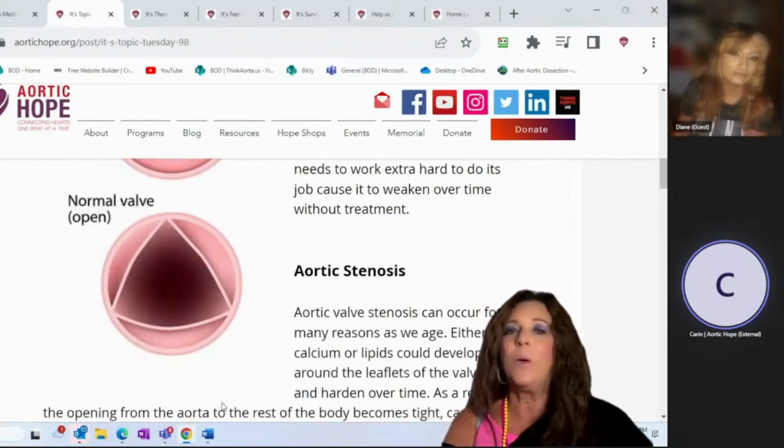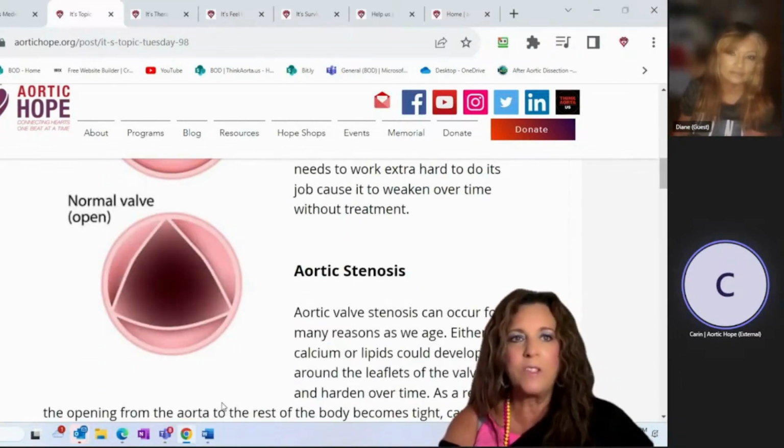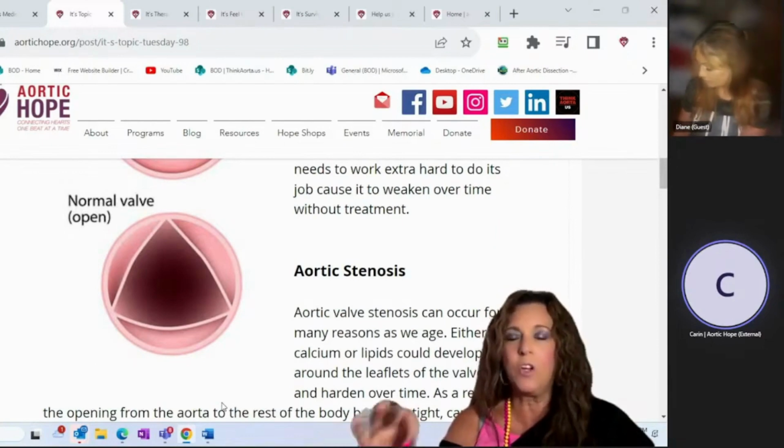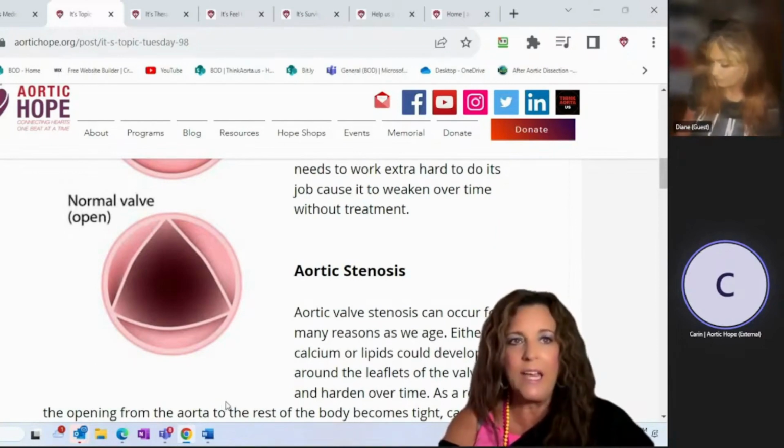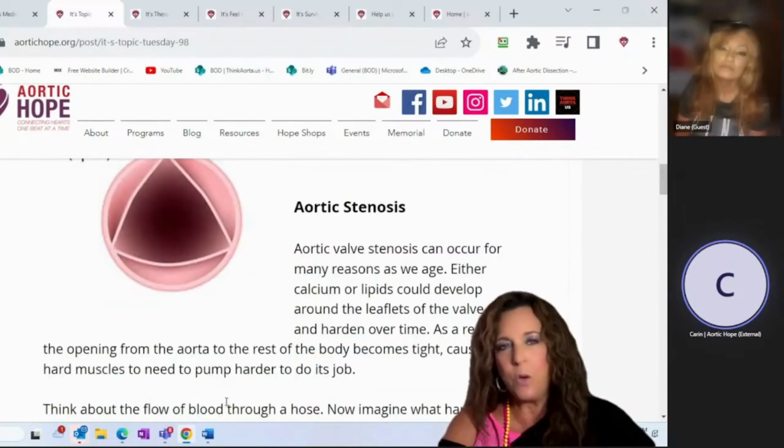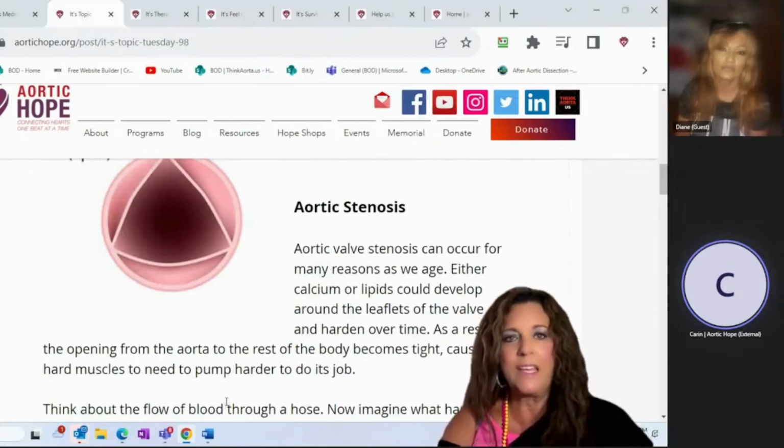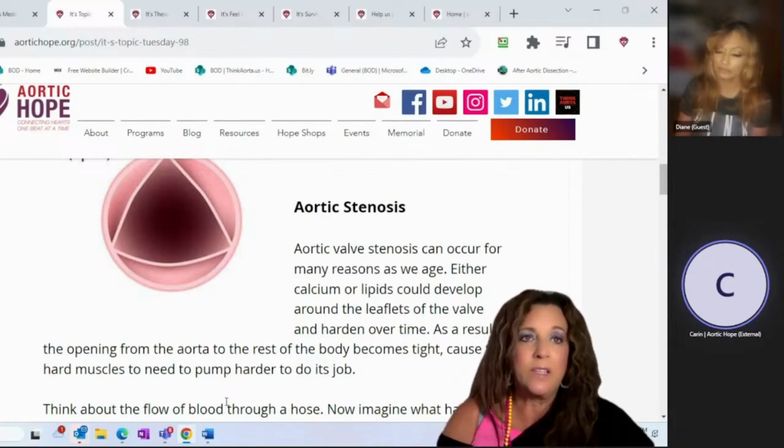All right. Now, aortic stenosis, we've talked about this before. It can occur for any reason at any age. But when you have stenosis, it means typically that calcium or lipids or fats can develop around the leaflets of